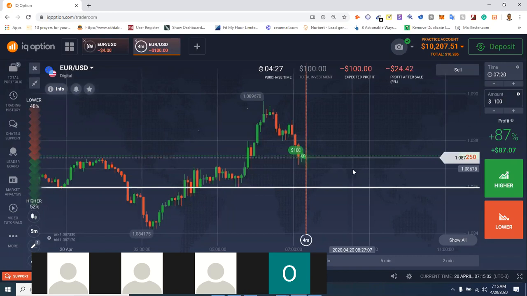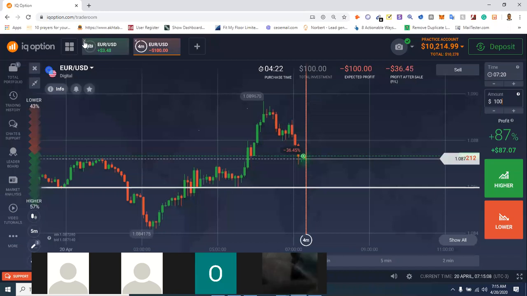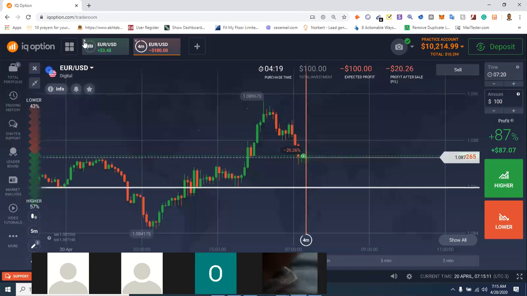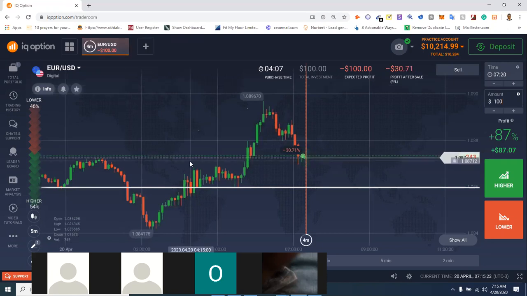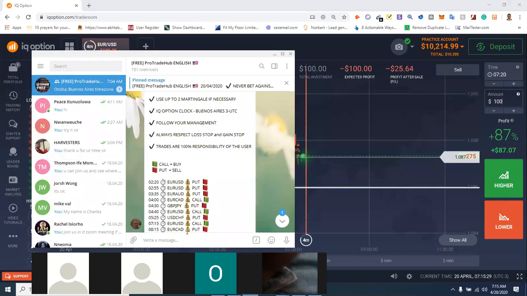So now this is our first trade. Imagine we won the trade at 1 second, but that is not what we are looking at. This is the actual signal that we are following. We entered at the right time. Make sure you enter at the right time. Now, let's check something. Our trade is called 7:15. So we entered at the right time.